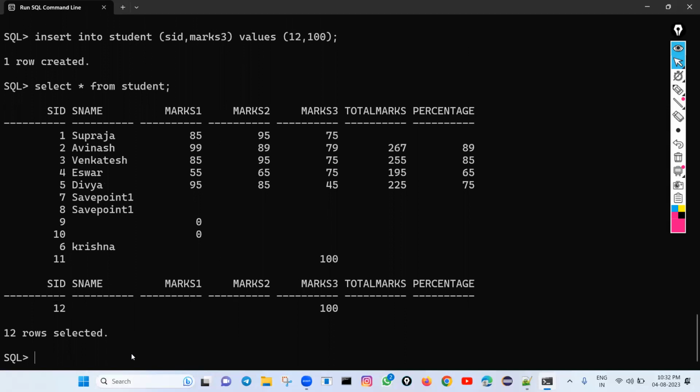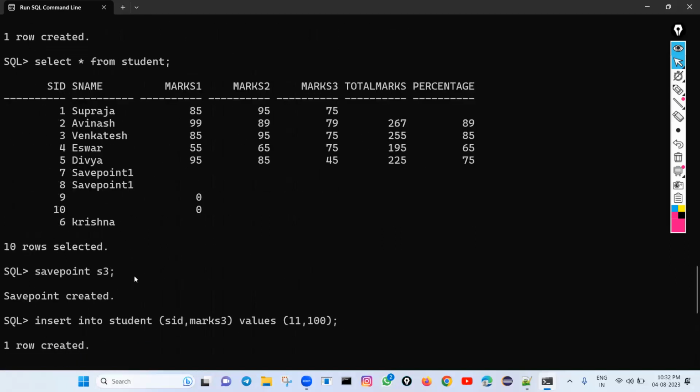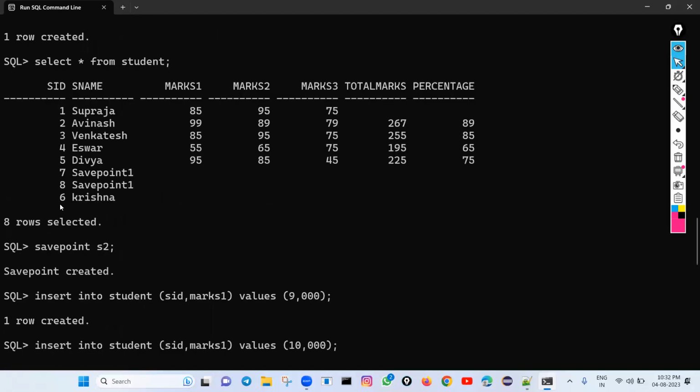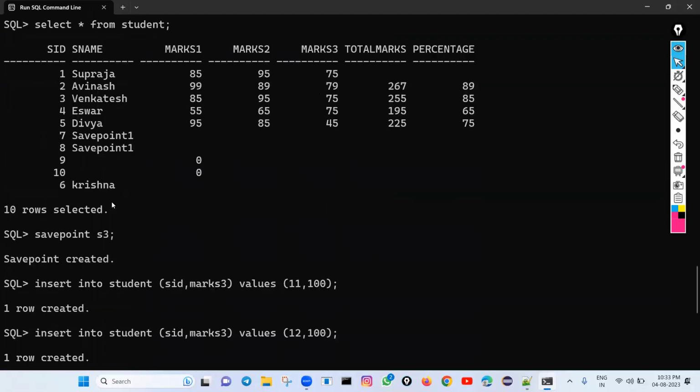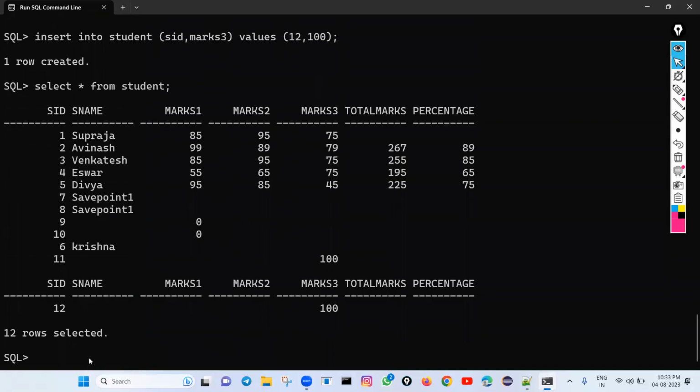Okay. So now, if I perform a complete rollback directly, it will go to the 6th record. Wherever we performed the commit, it will roll back up to there. Okay, but I don't want all the things. I want only a few records. So now,